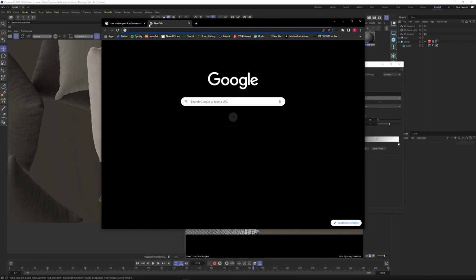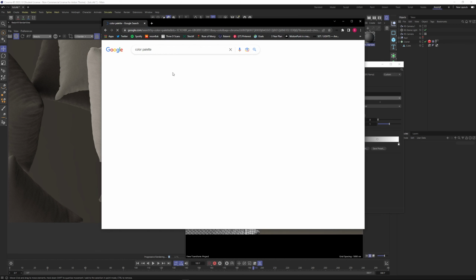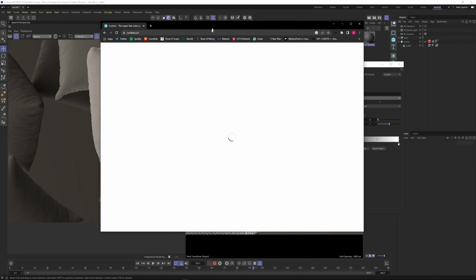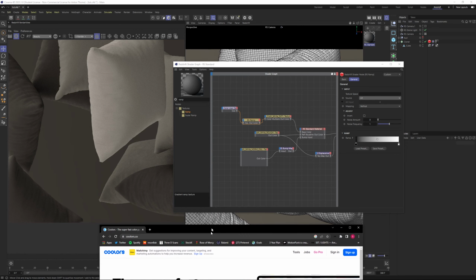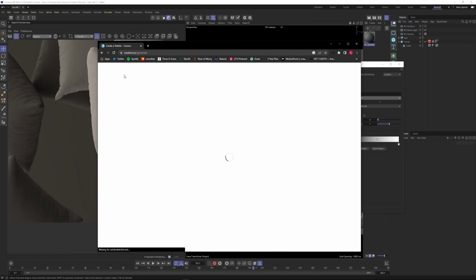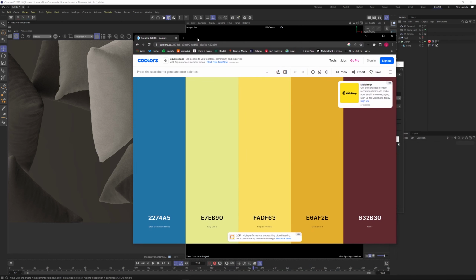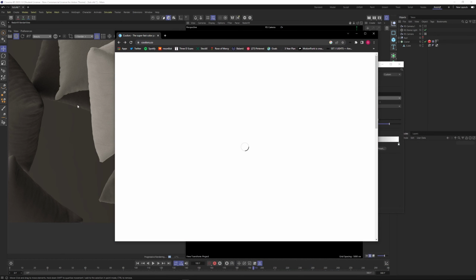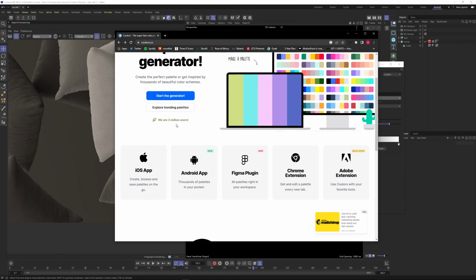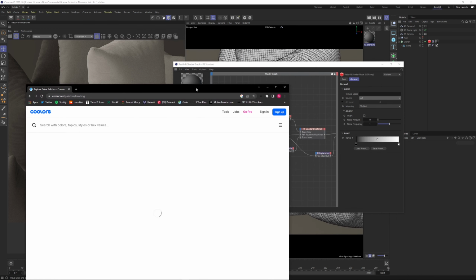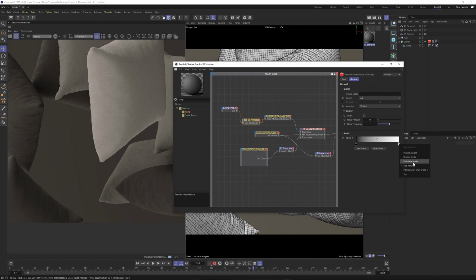So I just went over to some random color palette site. I think I just typed in color palette, one of the first ones. And I knew that my background was pretty dark, so I didn't want something that was particularly light. Or I kind of did, but I didn't want something that was going to blend in with the background or look a little weird. So if we just head to explore trending palettes or something,